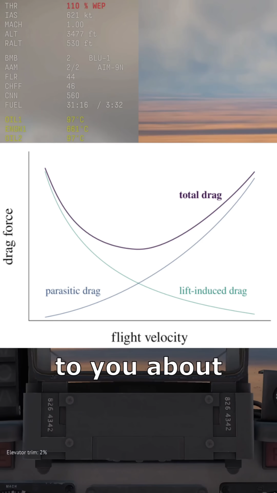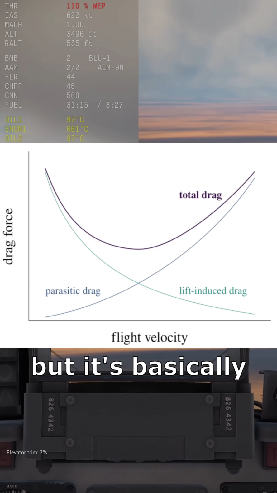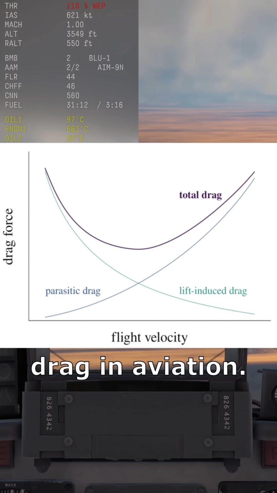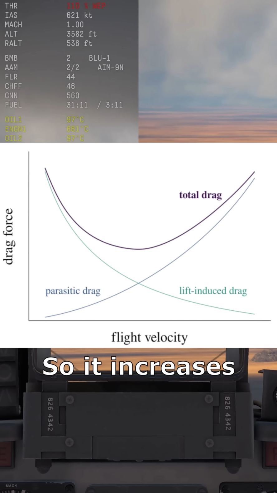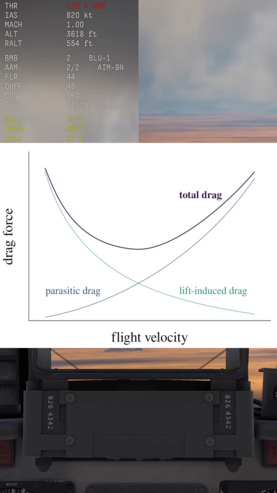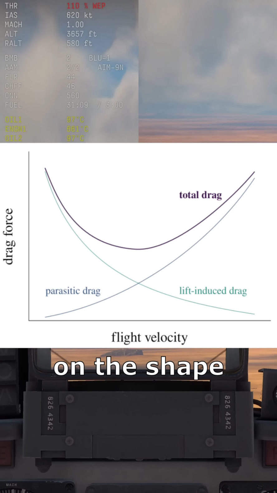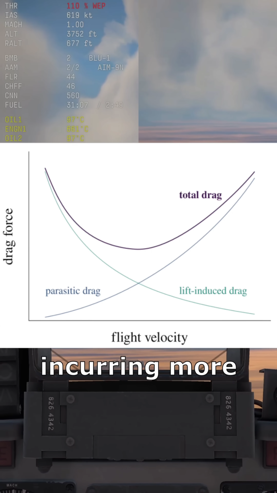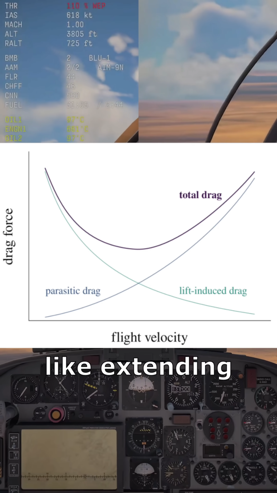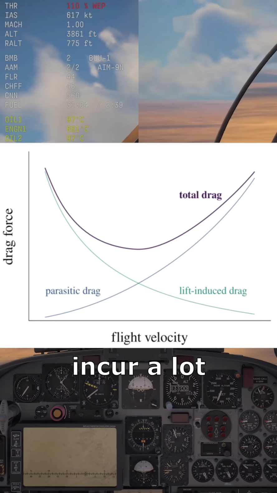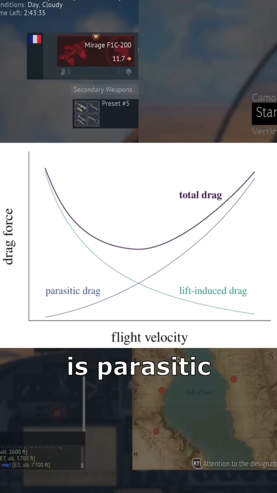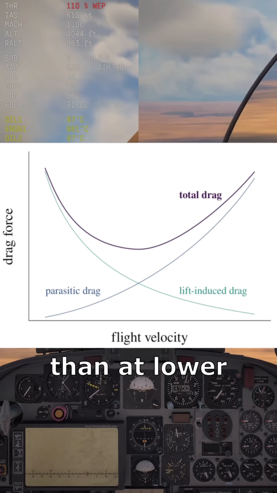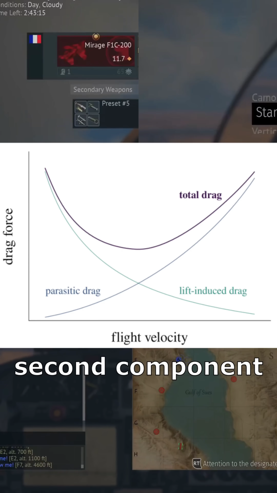I've never spoken to you guys about parasitic drag, but it's basically the type of drag people think about when you mention drag in aviation. So it increases quadratically with speed and it's dependent on the shape of an object. You all have an idea about what would be incurring more or less drag. Like extending your air brakes will definitely incur a lot more drag, and this drag is parasitic drag. That's why your air brake will be much more effective at higher speeds than at lower speeds, because the second